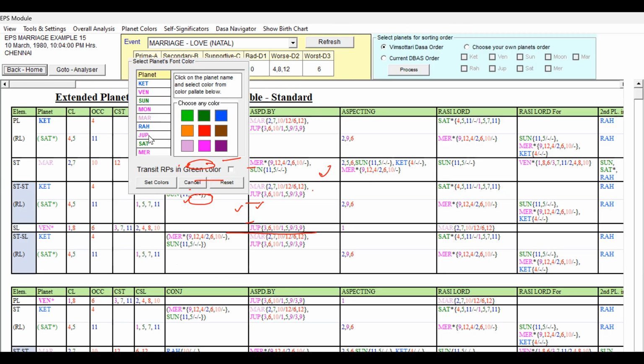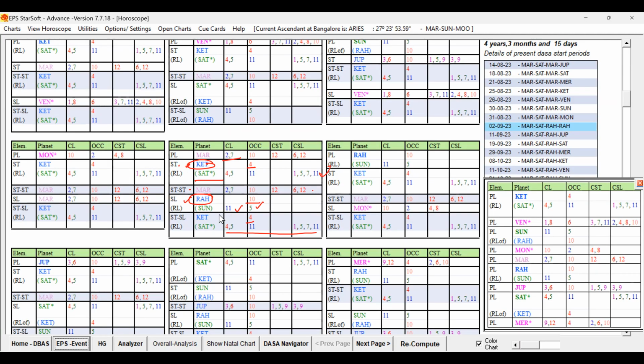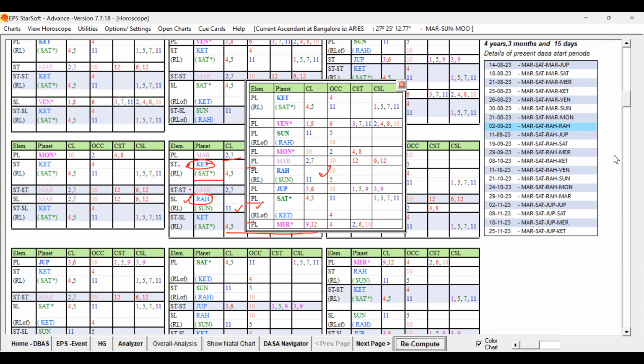According to our study, we can have a change also. So let us change Jupiter into blue so that we can differentiate it from other planets of the same shade, right? So now Jupiter has been changed. I have to refresh this. Control G. Yes, Jupiter into blue color,